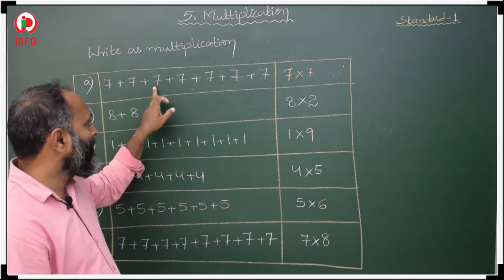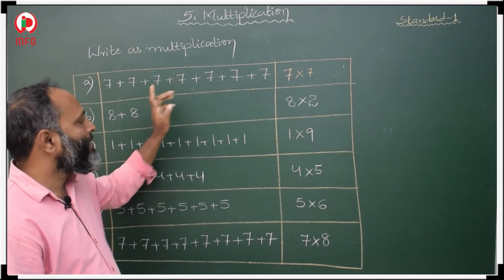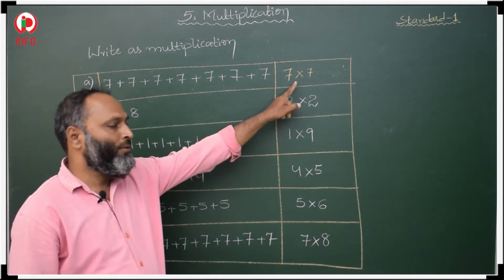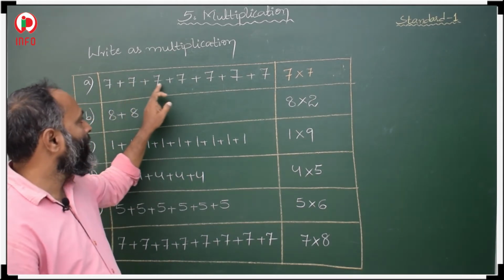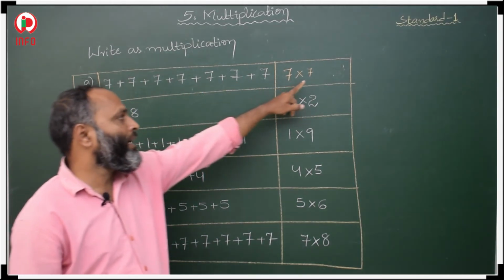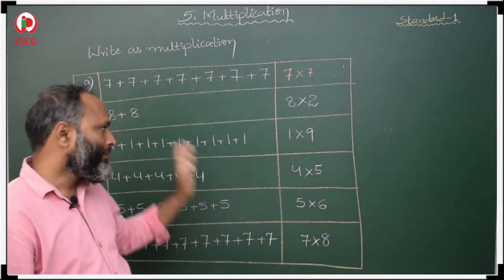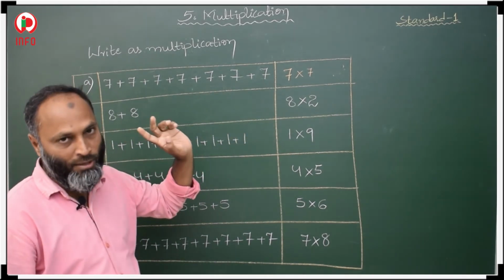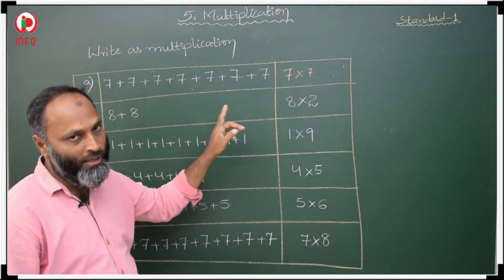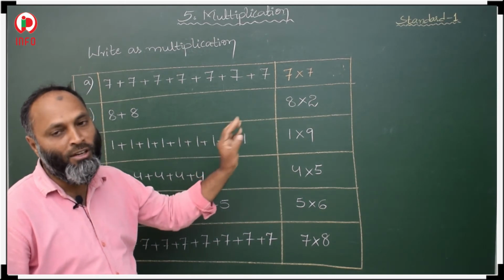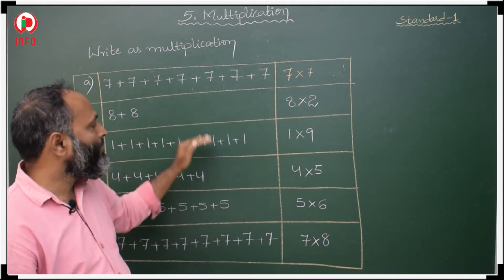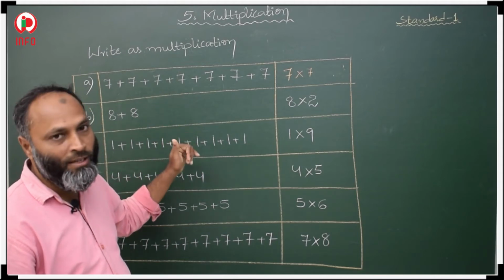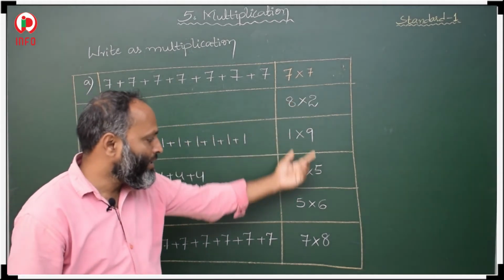So whatever number we are adding, first we have to take that number into. How many times are we adding? 1, 2, 3, 4, 5, 6, 7. Then we write the number of times. Given number into number of times. Whatever number we are adding, that number into number of times. How many times we are adding, that we have to write. Okay, so in this way, if continuous addition is given, we have to represent it as multiplication.